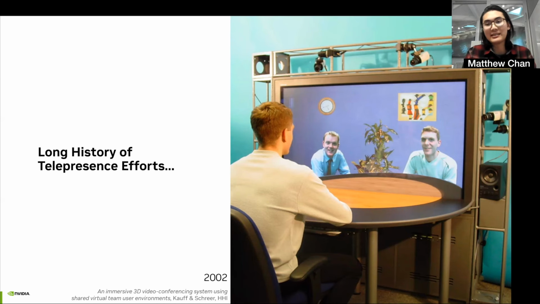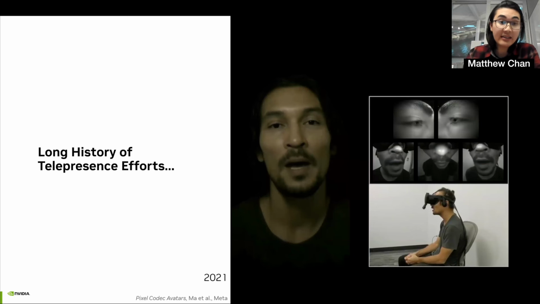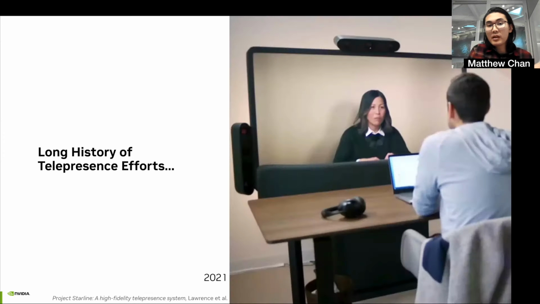More recently, if we skip forward about 20 years, in 2021, Meta attempted to solve this problem through the use of codec avatars with their headsets. Also that same year, Google attempted to solve the same problem without headsets. They introduced Project Starline here.